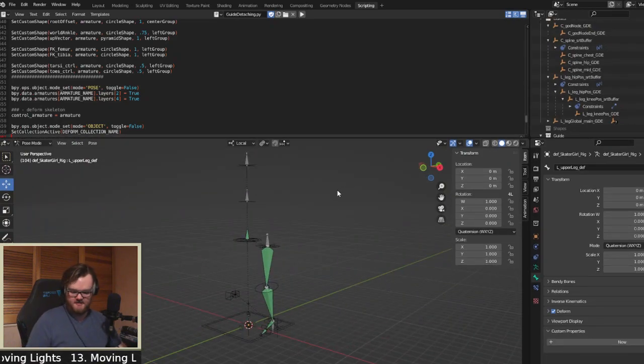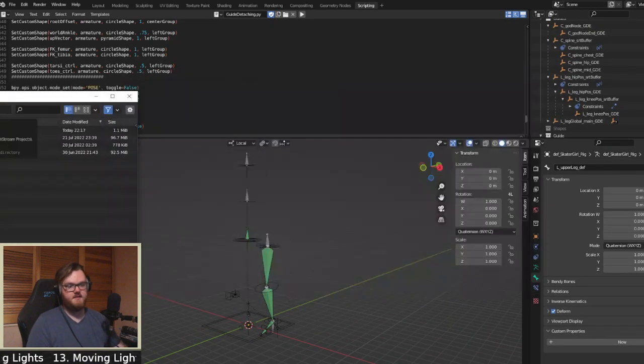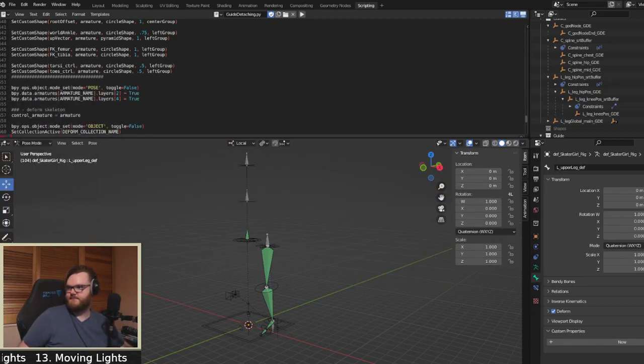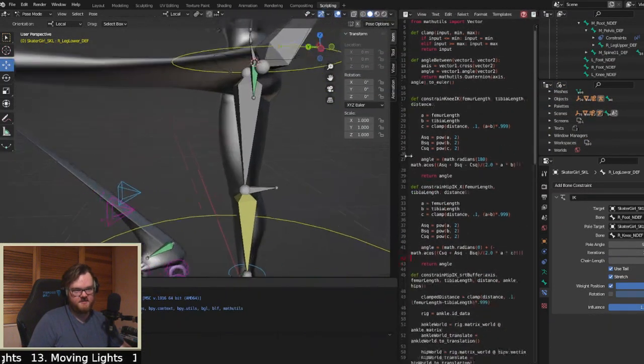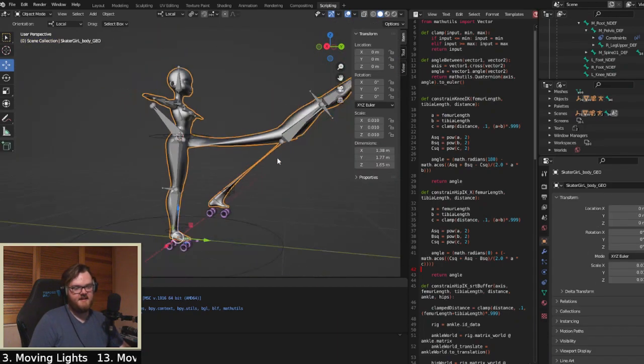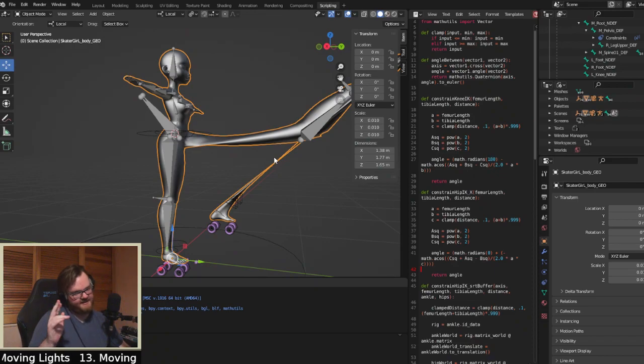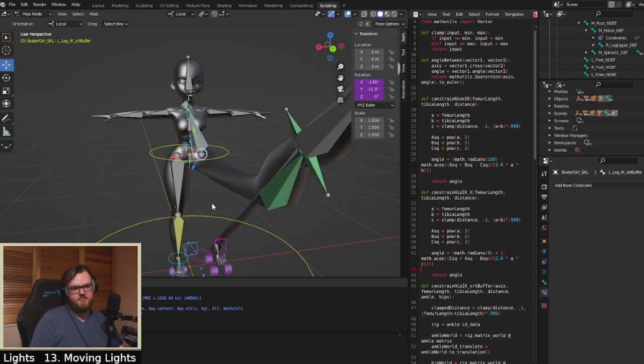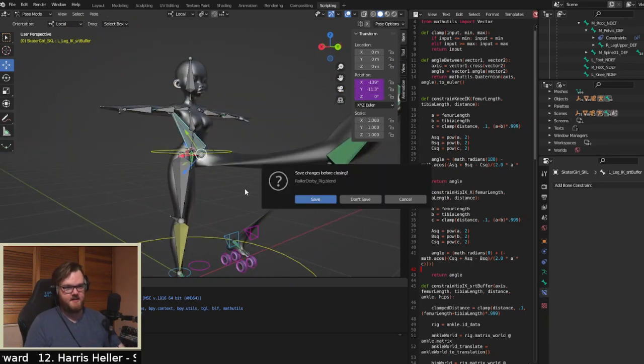I really want to use this on the skater girl. It's been so long since I've even looked at that character. Let's have a look at her. Oh god, she's destroyed, guys. It's so sad. But hopefully, I tested this. Is it gonna work in reality? I don't know. The idea would be that if I remade the skeleton, because what's happening every time is that